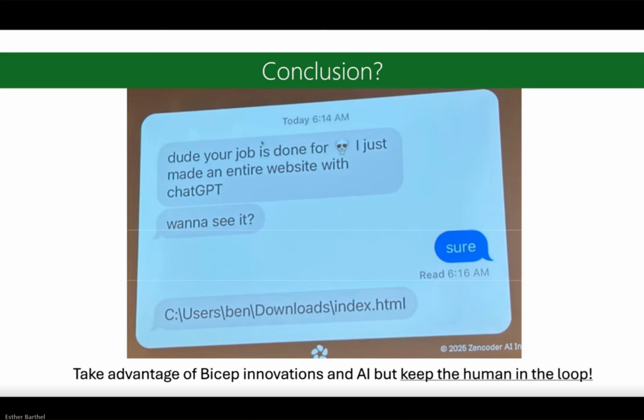What I do see a lot of value in is helping you, as Tom also mentioned, as a co-programmer, right? So if you're creating your own Bicep templates and you're stuck, you're not sure how to continue, it's a great way to just give it your code and say, look, I'm stuck here. What is the best option to take forward? But yeah, obviously it's improving a lot. But as we mentioned here, keeping the human in the loop, I think that's definitely the conclusion, or at least for now.